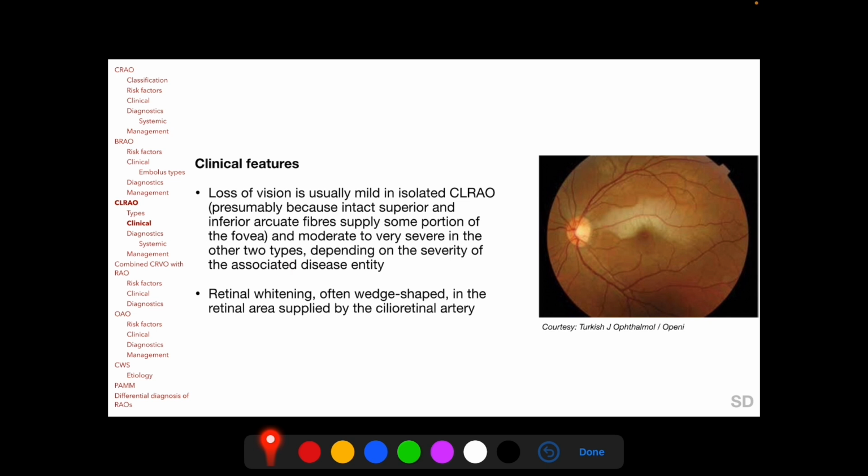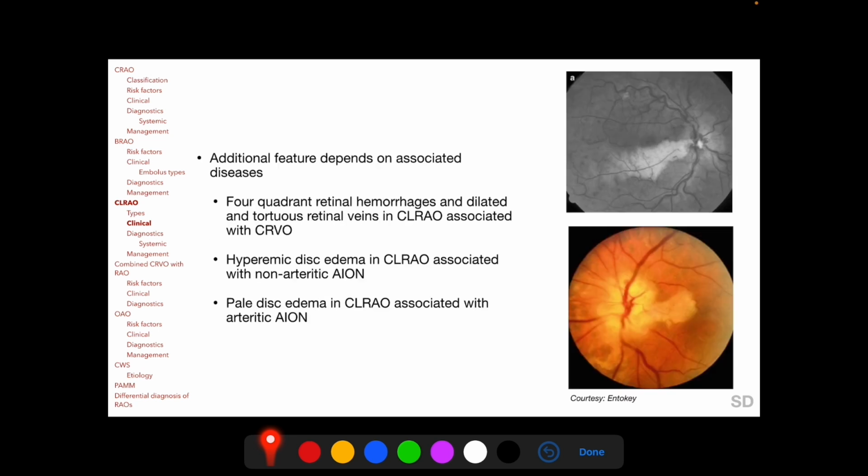In CLRAO, whitening of a wedge-shaped area, as seen here in this color photograph, is detected in the retinal area supplied by the cilioretinal artery. Additional features depend on the associated disease. Retinal hemorrhages and dilated and tortuous retinal veins are found in all four quadrants of the retina in eyes having CLRAO associated with CRVO. In eyes with CLRAO associated with non-arteritic acute ischemic optic neuropathy, the optic disc appears edematous and hyperemic, and in eyes with cilioretinal artery occlusion associated with arteritic acute ischemic optic neuropathy, the optic disc appears